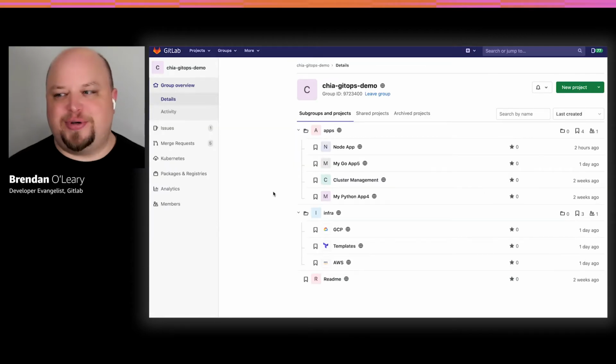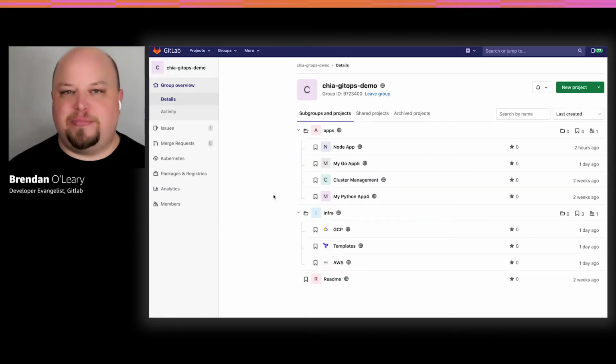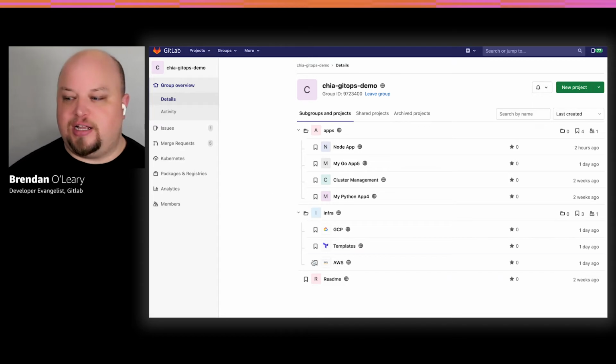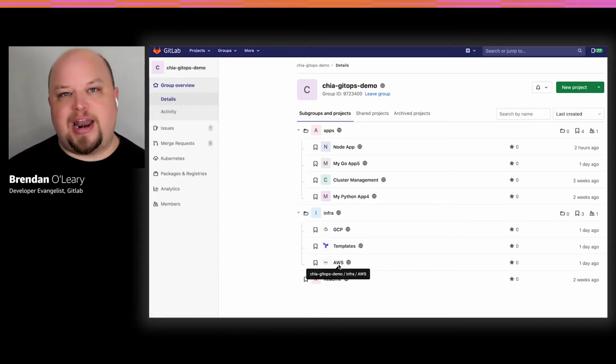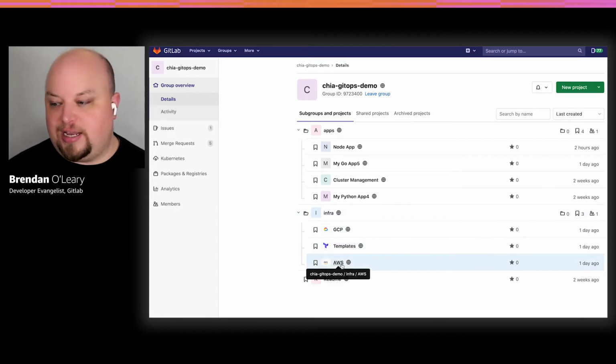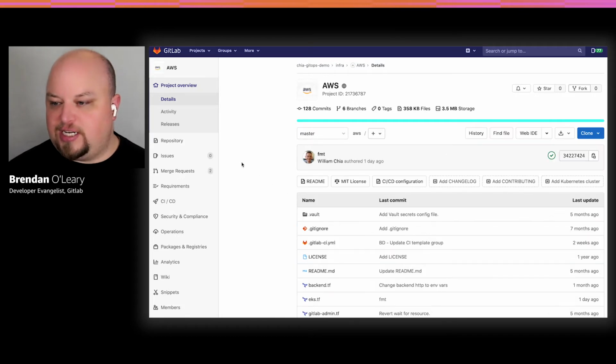Great, thanks, William. As William said, I'm going to put on my engineering manager hat here. I'm going to say that we're working on a migration of many of our apps into this EKS cluster. To handle that, at first, I'm going to go to the infrastructure project and open an issue there to increase the capacity. If I just go to this project here, I can go to issues.